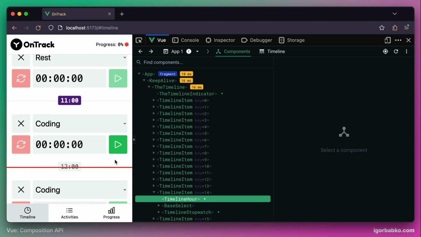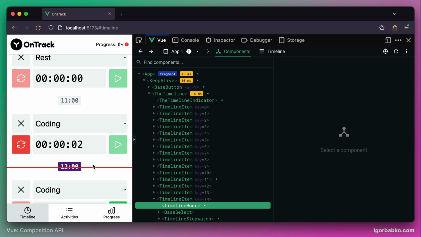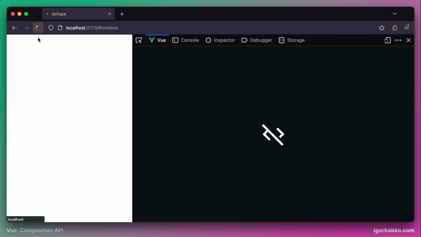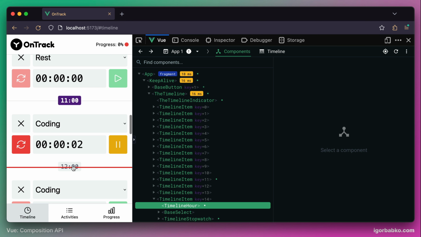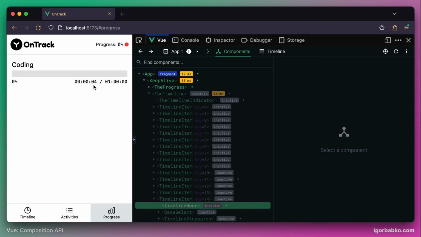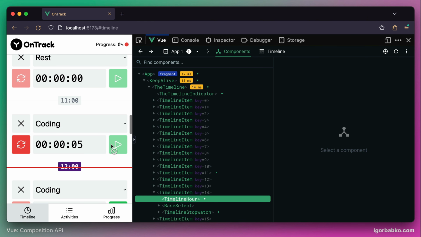First of all, I'll check if our timer is stopped automatically whenever we are being on the timeline page. As we can see, it worked. And now I'm gonna do the same by starting the timer. But this time I'm gonna switch the page. And as we can see, the time is no longer updating because the current hour was changed, and therefore stopwatch was automatically stopped. So this bug is fixed, but there is actually one more which we will work on in